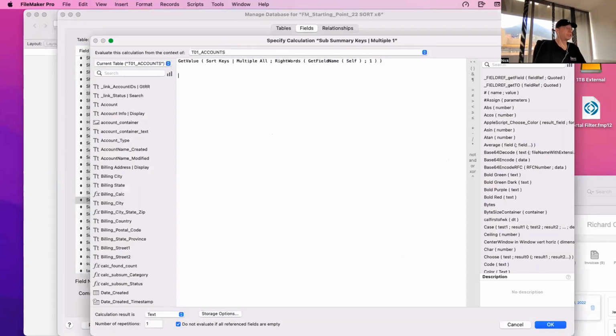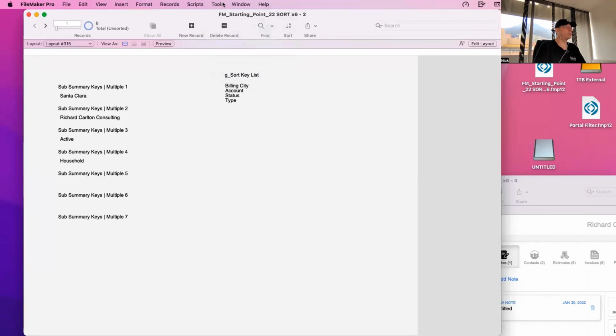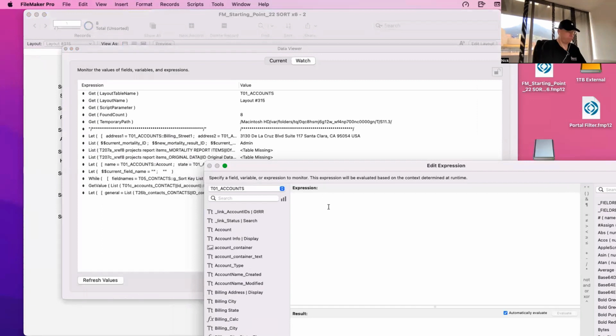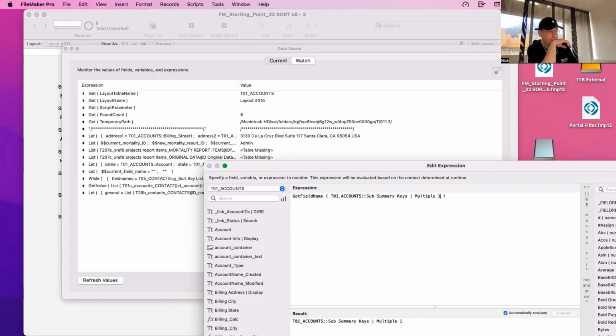First, I need to get the field name. Let's do another thing. I want the field name of the billing city, right? But I want the field name not of the billing, but of the summary, sorry, the summary multiple 1. Okay, so this is the field name. I get the name,